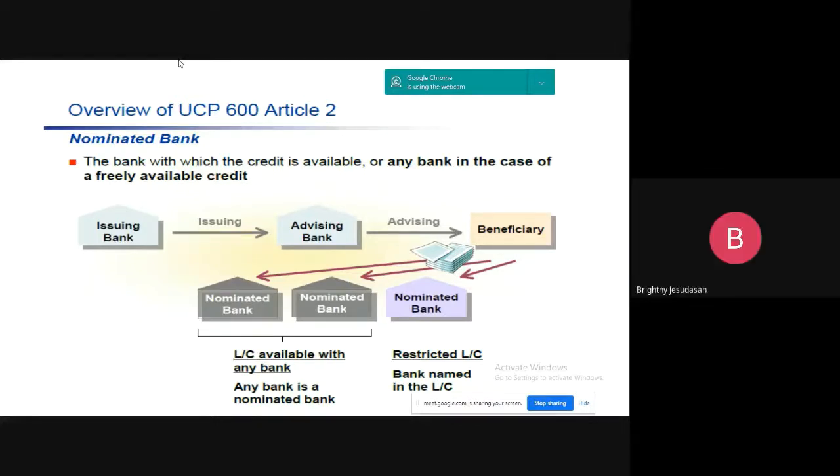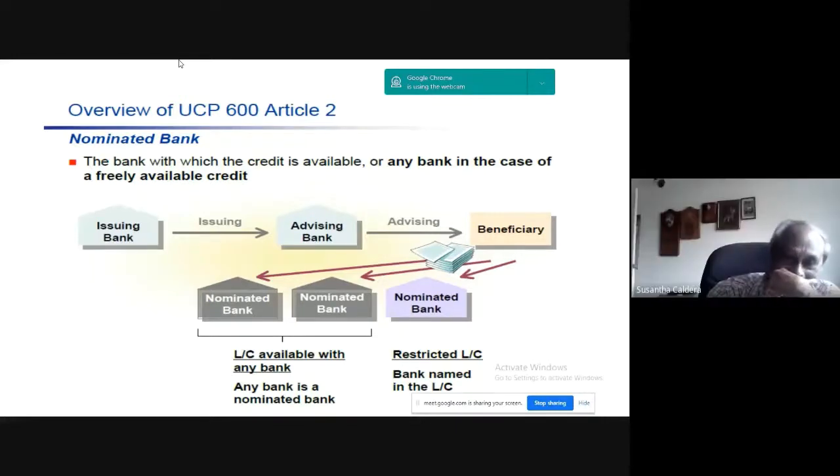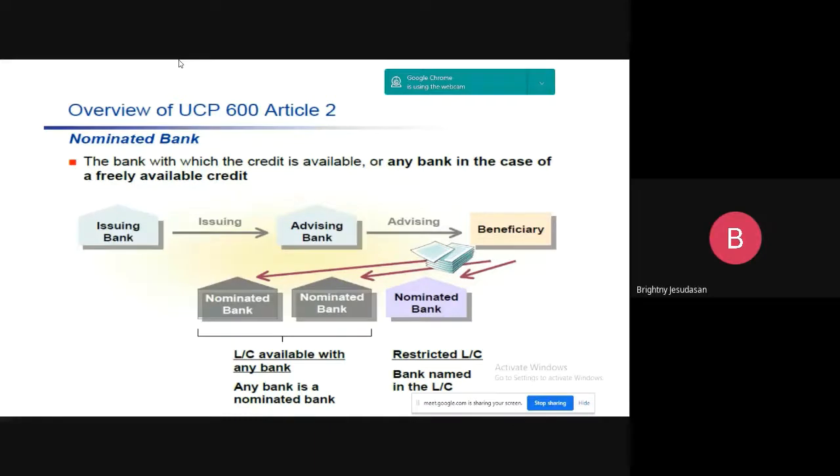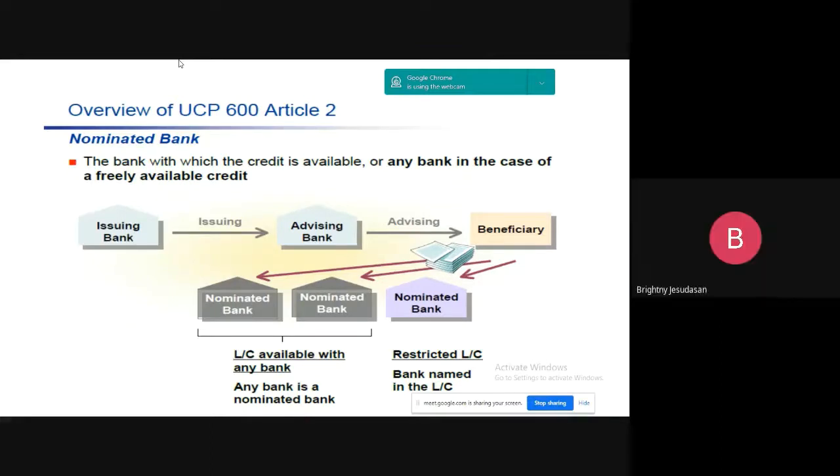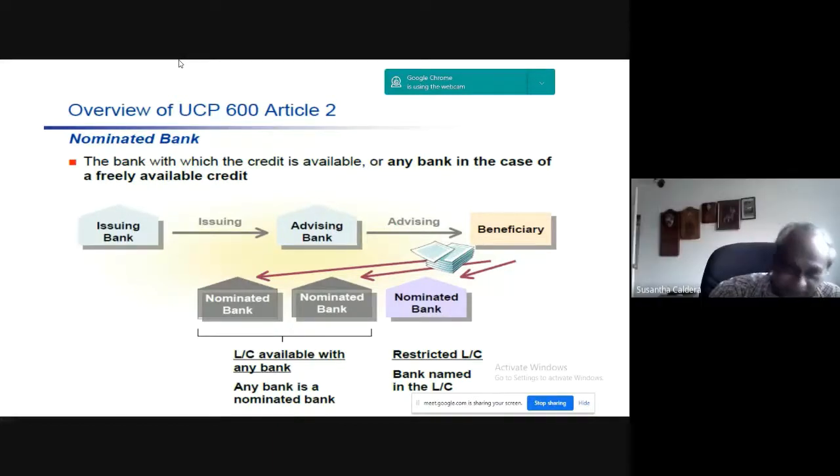We can't, sir. They can't. Who's that? Brightney. According to Article 8, when the nominated bank undertakes it, it has to pay, negotiate. Yes. Okay. But